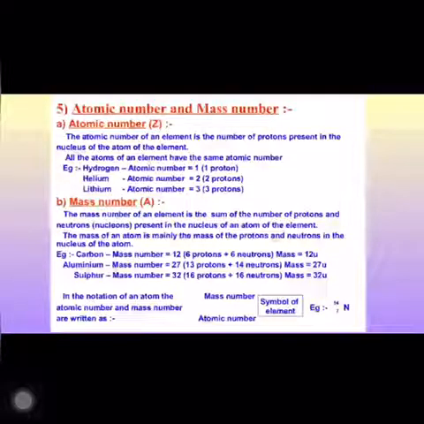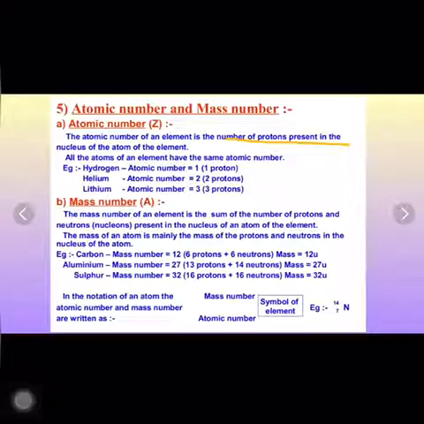Today in this video we are going to talk about atomic number and mass number. So let us first start with atomic number. The atomic number of an element is equal to the number of protons present in the nucleus of the atom of that particular element. For example, the nucleus of a hydrogen atom contains only one proton, so therefore its atomic number is